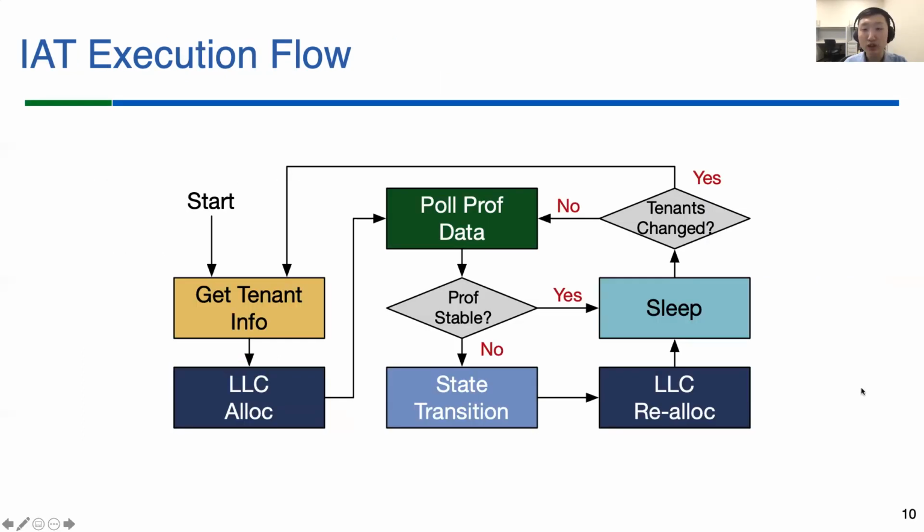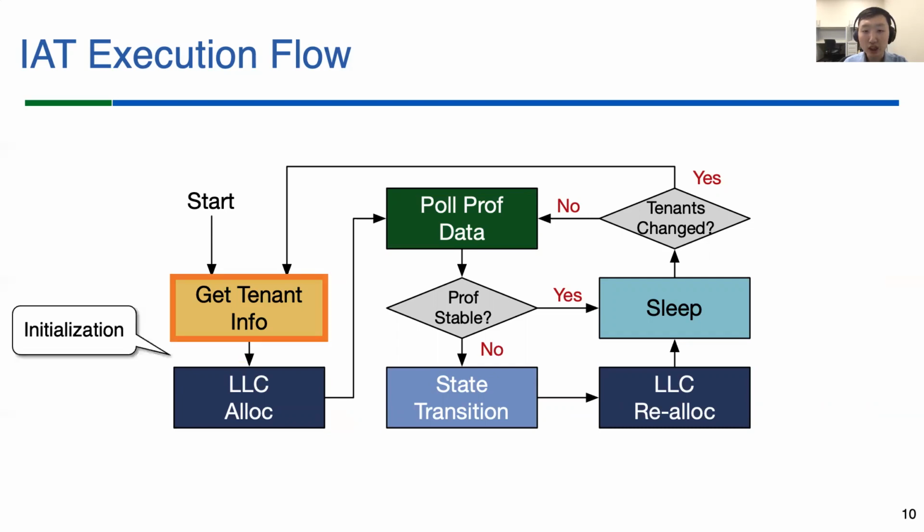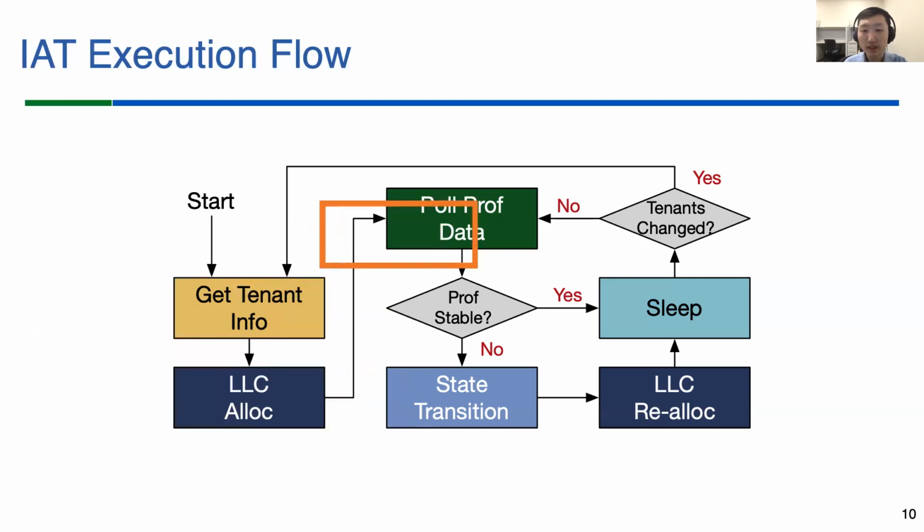Here is IAT's execution flow. There are 6 major steps in IAT: get tenant info, LLC alloc, pull performance data, status transition, LLC Re-alloc, and sleep. Upon initialization, IAT first learns the tenant information from the scheduler and allocates LLC ways for each of them. Then it periodically pulls the performance data